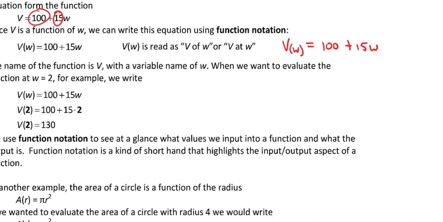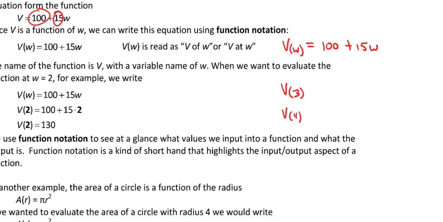Now, the reason why this is kind of a new thing and why we use it is because I can write this out different ways. I can say v of, and then instead of w, I can put in the number of weeks that have gone by that I want, right? So I can say v of 3. And that would mean, after 3 weeks, how much money would I have? I could put in v of 4, and that would tell me how much money I have after 4 weeks. It's just a way of writing it so I can be clear about what I'm actually